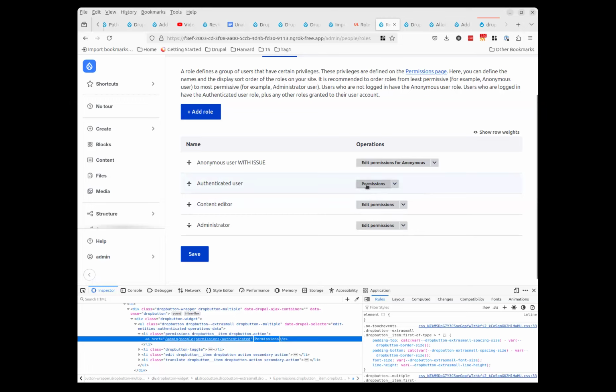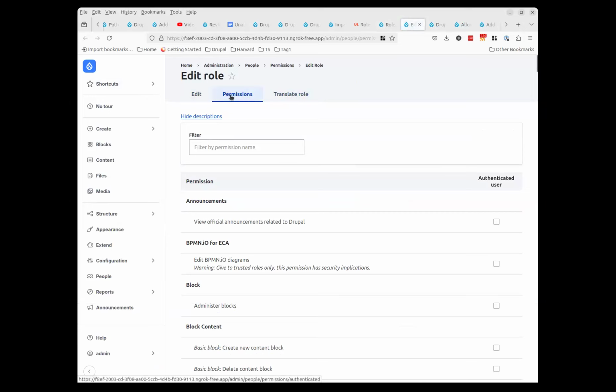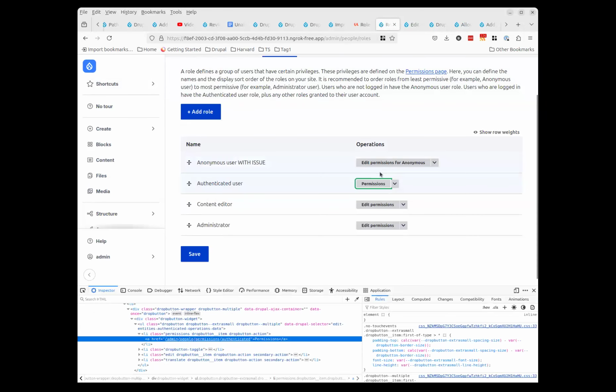It also has the advantage that it matches the tab. Tab is just permissions, not edit permissions. So I'm getting a thumbs up from Ralph. Anyone else agree, disagree that we should make it just permissions?